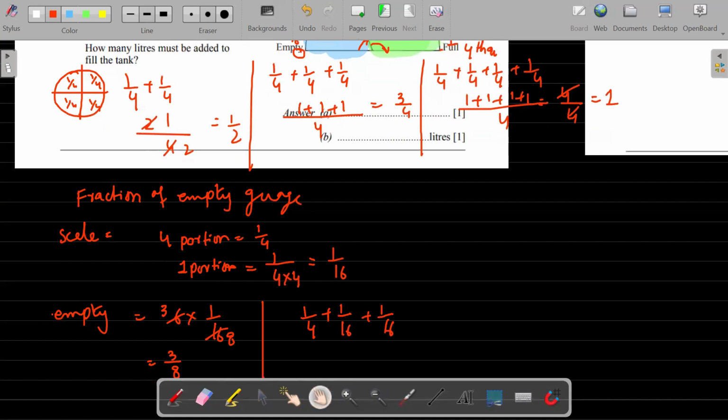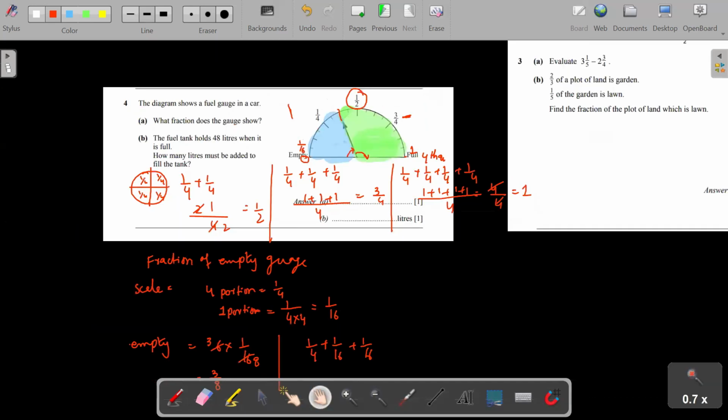मेक द डिनोमिनेटर सेम, ठीक है। डिनोमिनेटर को सेम बनाने के लिए मैं क्या करूंगी, मैं इसको 4 से मल्टीप्लाई कर दूंगी, ताकि ये मेरा डिनोमिनेटर सेम हो जाए, ठीक है। और नोमिनेटर में भी वही काम करना पड़ेगा, क्योंकि हमने लास्ट टाइम ये किया था, 4 + 1 + 1, और ये कितना बन जाएगा 6, 6/16 यानी 3/8। तो आप देख सकते हो कि हमारा आंसर दोनों मेथड से सेम आया है।